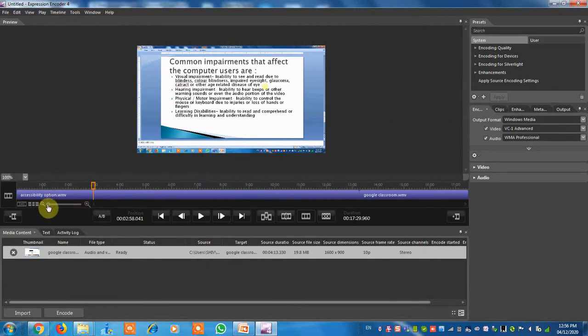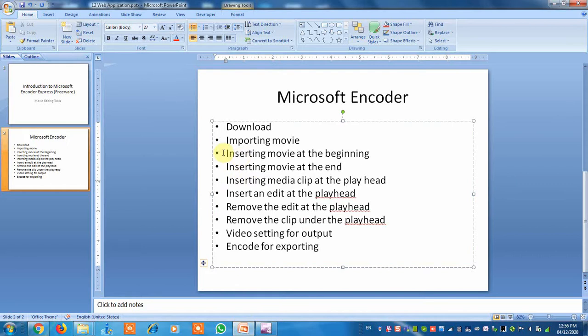If you want to zoom it and then play it, you can zoom it and then play it like this. You can do it. So these are the options you have studied: inserting a movie at the beginning, inserting